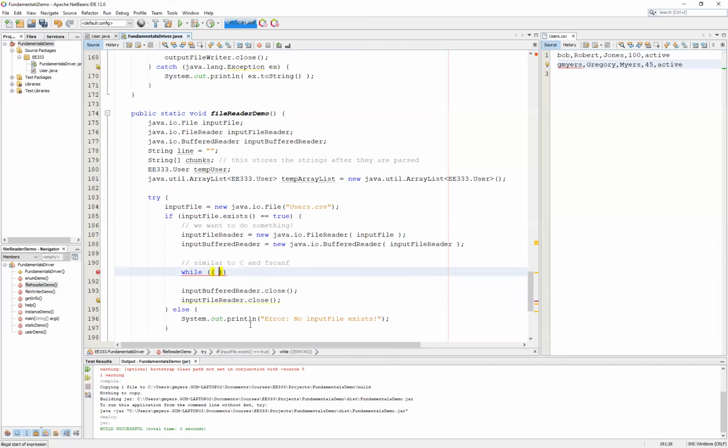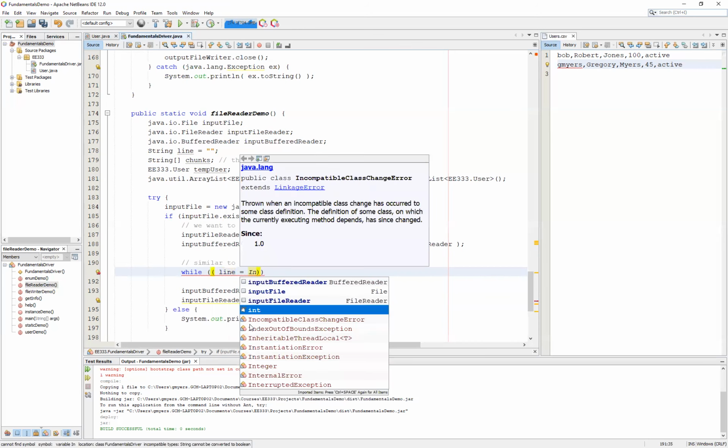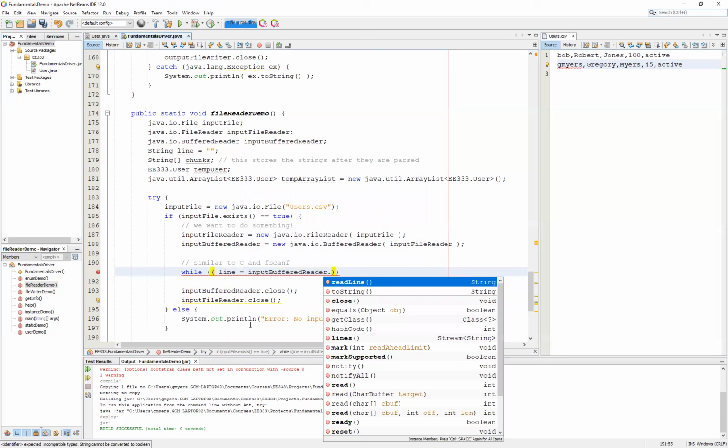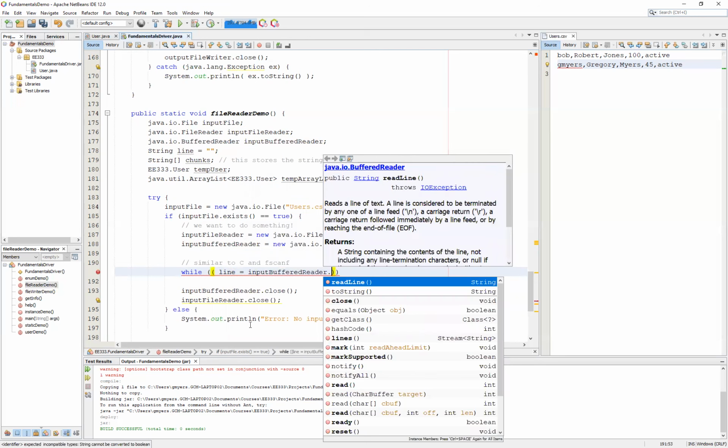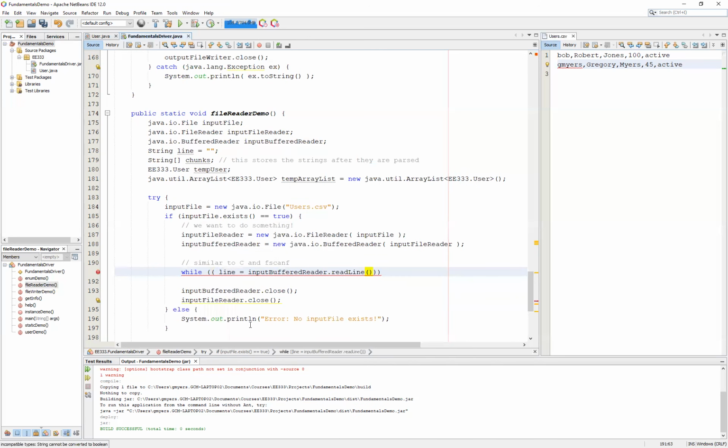And much like when we used our fscanf to pick out pieces of the file, whether it was a string or an integer or a double, basically what we're going to do is assign to the line the results of our input buffered reader, and the input buffered reader is going to read a line out of